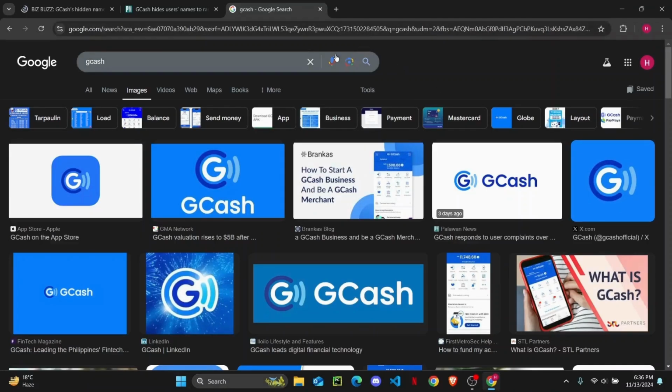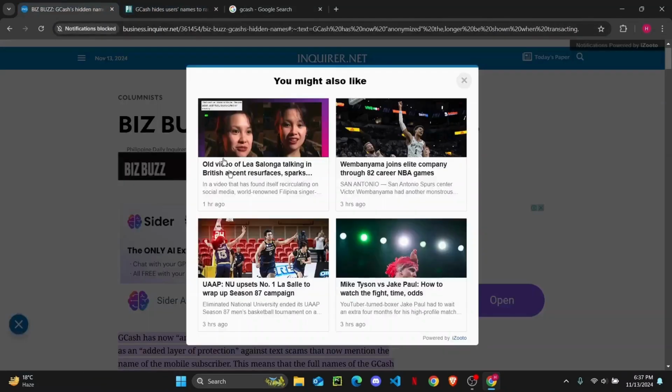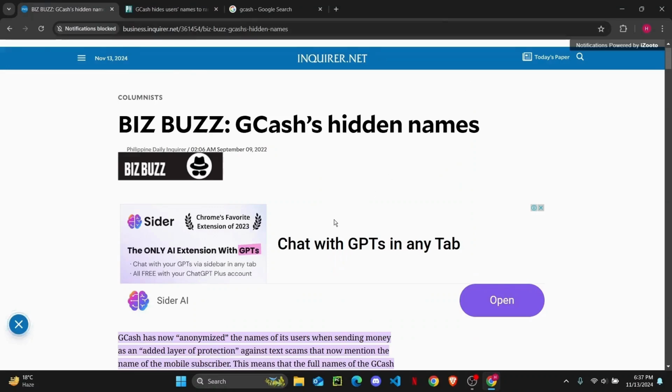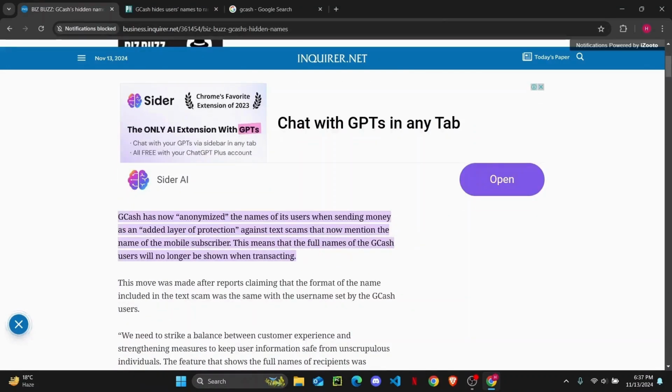In today's video, I'm going to talk about if you can see the full name of a receiver on GCash. Let's get started. So as you guys can see here, GCash has recently anonymized the names of its users when